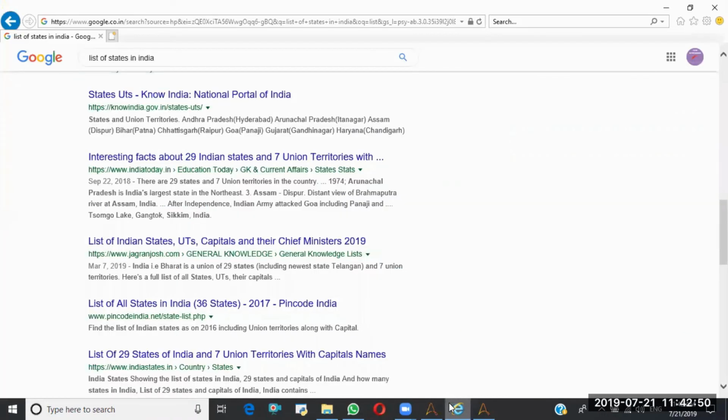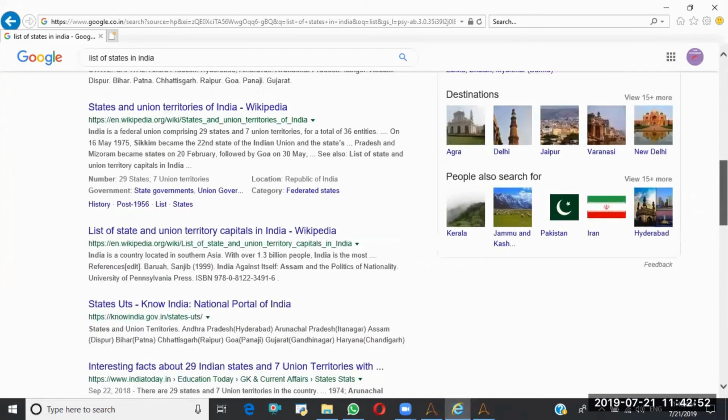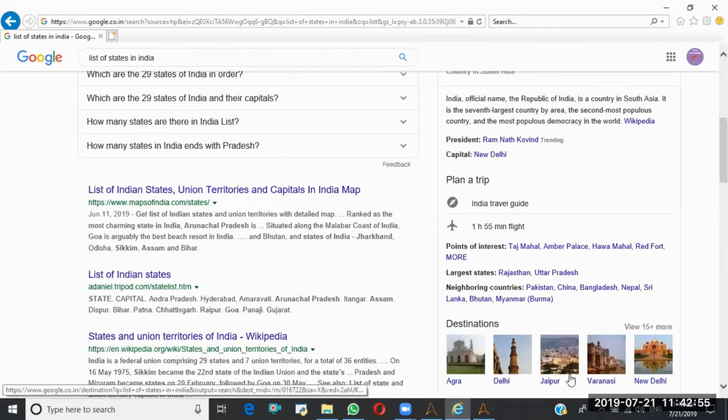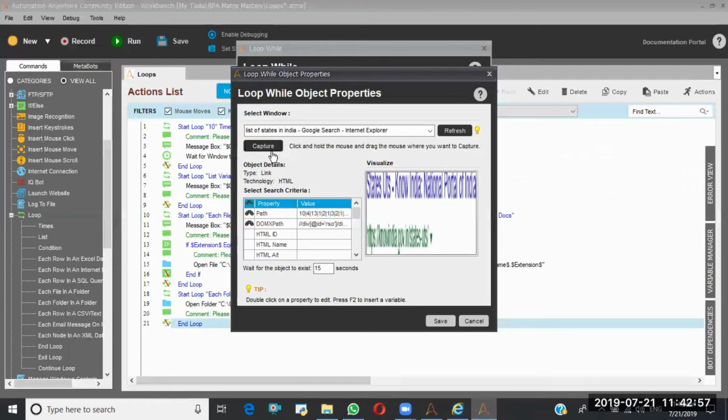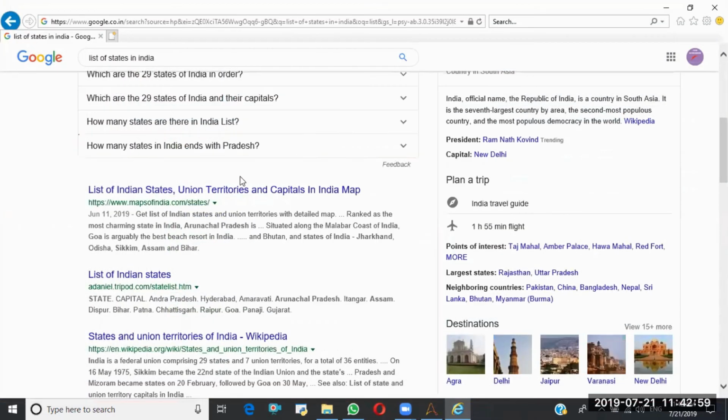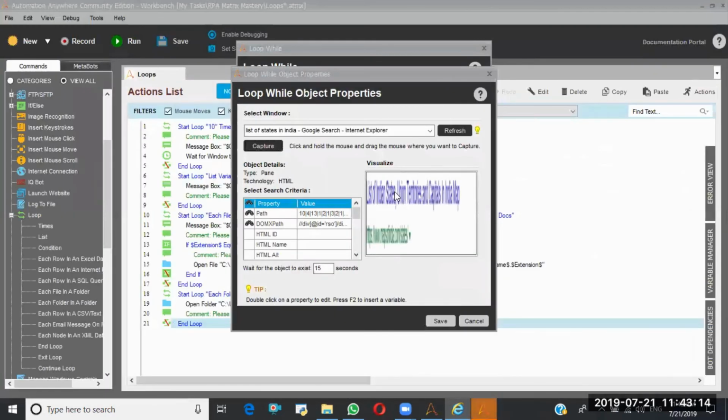Let me put this in a position. Again, I'm going to recapture this. This is the block I want to extract into a message box. So I'm saying loop, if this object exists,